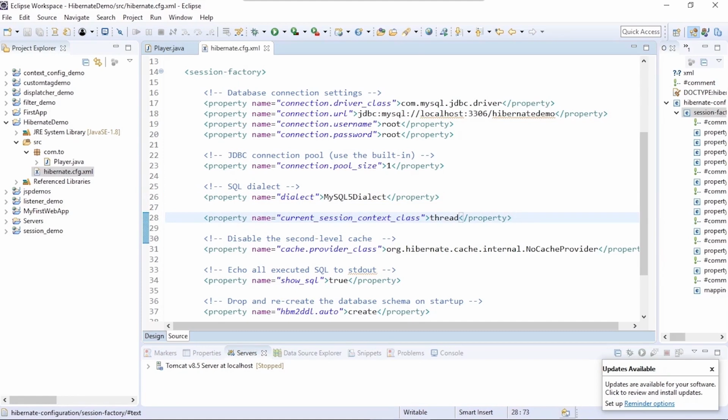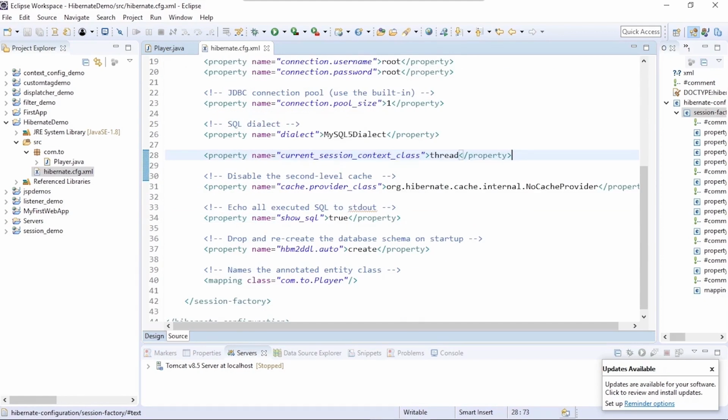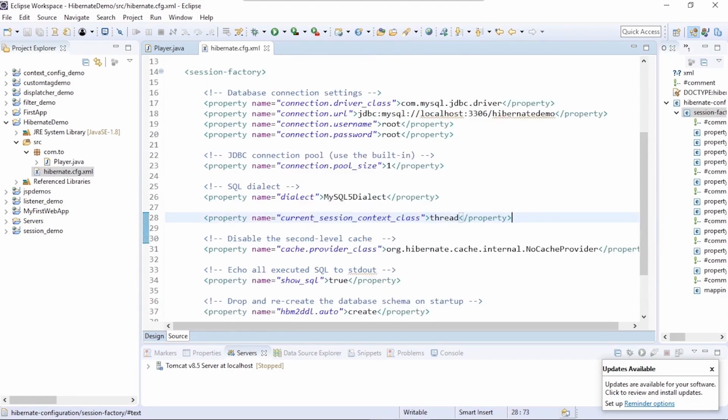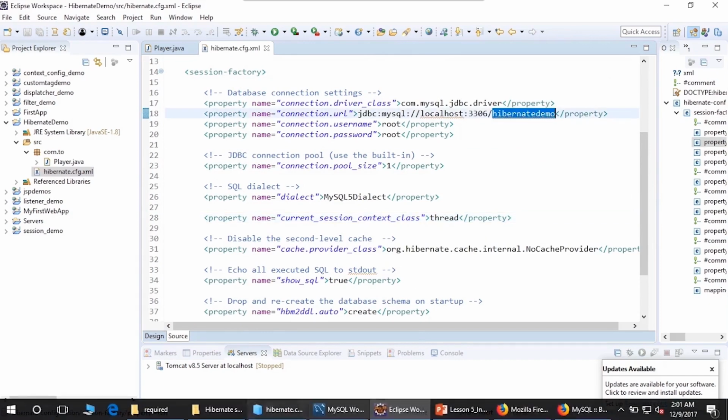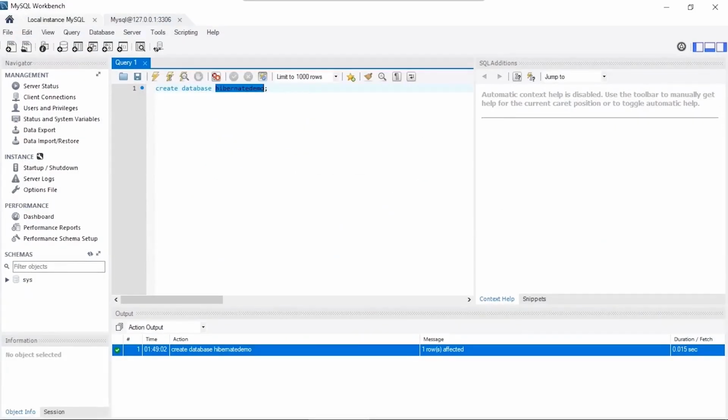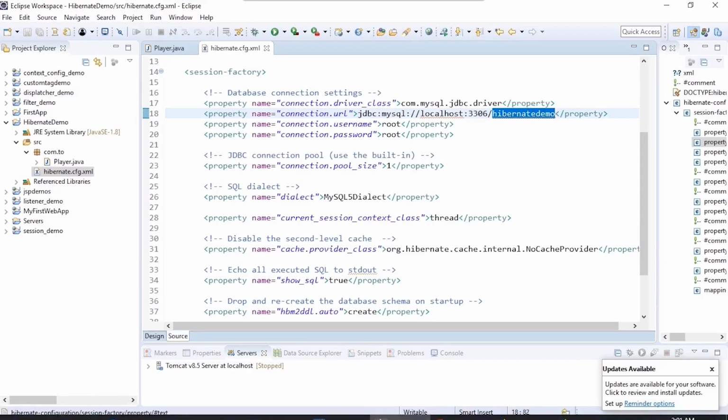So we are pretty much done with the configuration. I'll just validate this: it is Hibernate demo, and that's exactly the same thing that we will provide here.